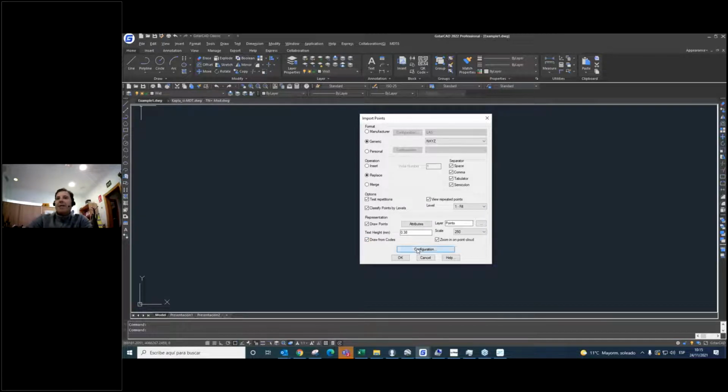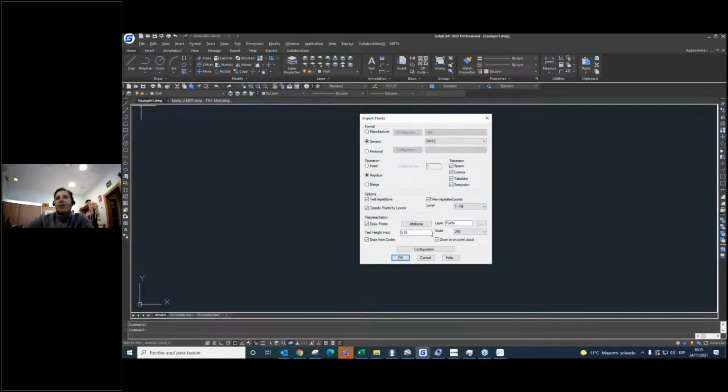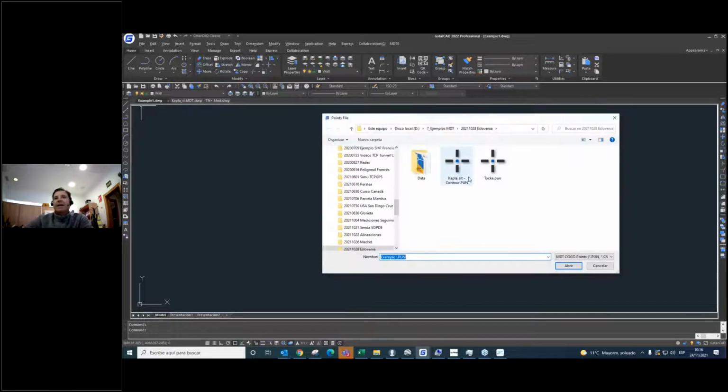For that step, I need to configure or set up the code database. In this case, I select the code database. We can use different code databases depending on the language, the work, or some other characteristic. Then I'm going to show you this code database. I'm going to select the code database and one scale for the representation of the points. In this case, I select one scale to graduate the text height. Click on OK and select the